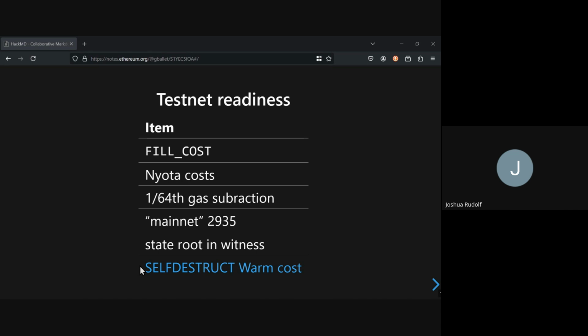Gotcha. Anyone else want to give their status testnet wise? Oh, I'm just basically, so 2935 and 709 is already part of our master.